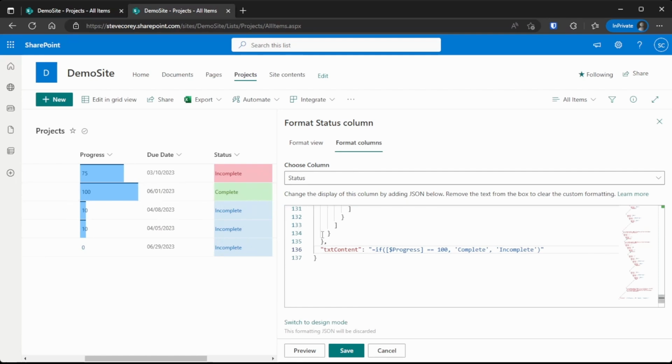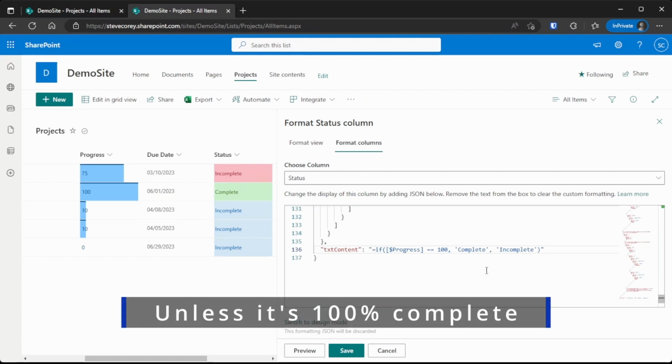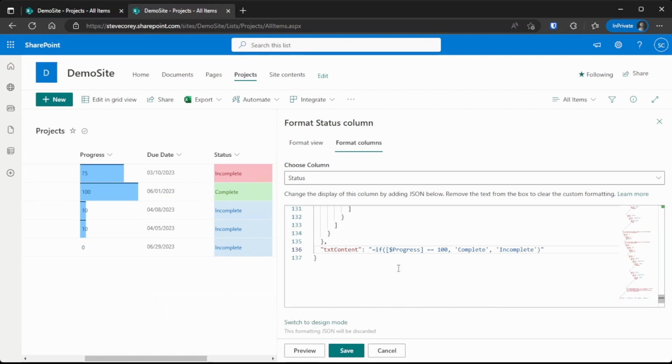What we need to do now is modify this one more time to take into account the overdue status. So this is going to use a function to get the current date. What we're going to do with this is we're going to add another if statement to go around this original one. Because if it's overdue, it doesn't matter what the status is. We don't have to look at anything else except for that. So I'll give myself some room here. We'll say